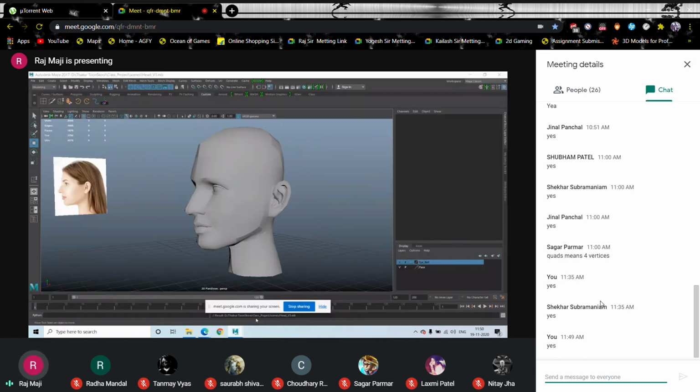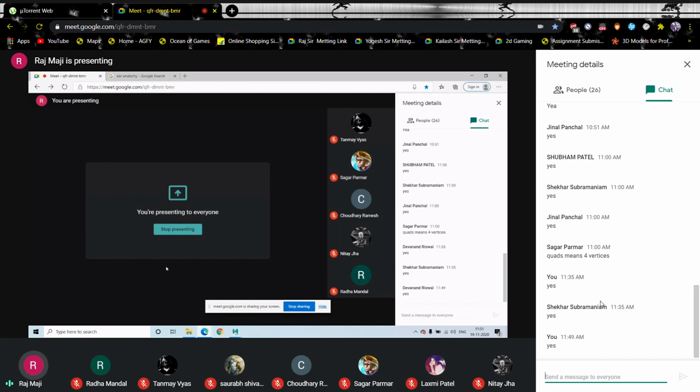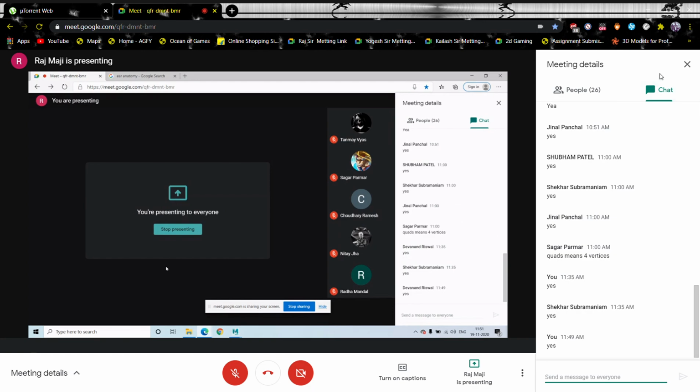If the reference is not there, then also I can model it. And why can I model it? Because I can draw it from imagination. I can draw it. So that is again another very very good practice. Like before modeling anything, and if any of you are thinking of getting the ear very correct, my suggestion will be